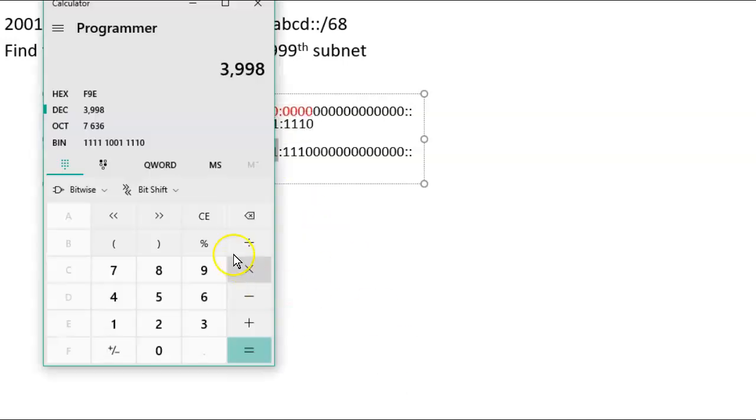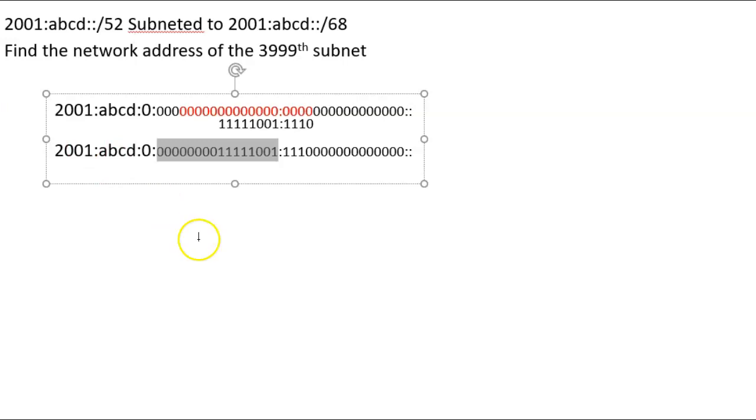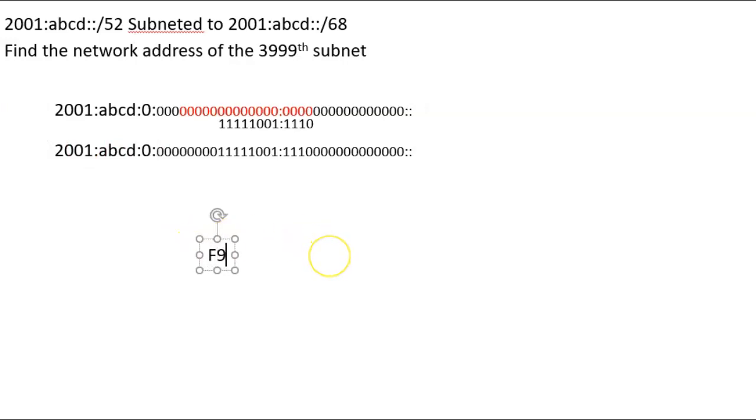All right, we'll go to our calculator. I'm going to choose hexadecimal. I'm going to choose binary because I want to convert from binary to hexadecimal. And I'll paste that value in there, and I get hex F9E. So this one is F9E.